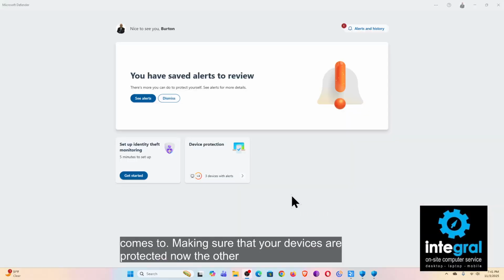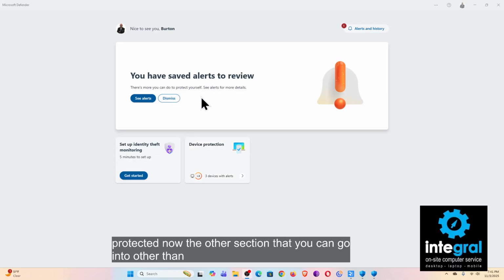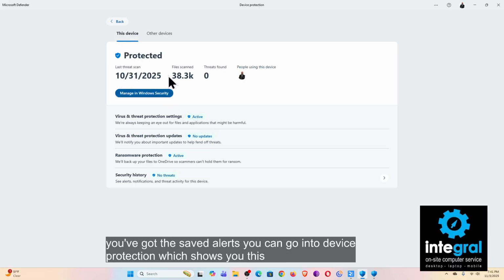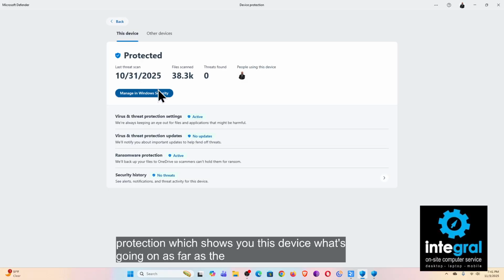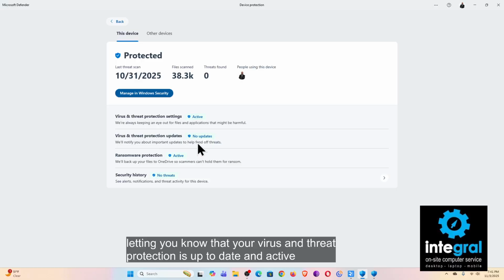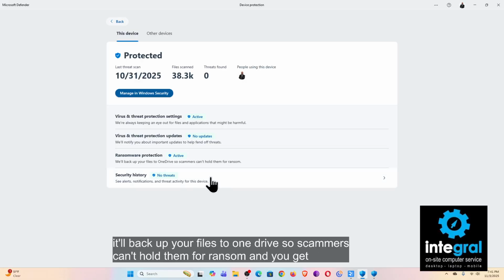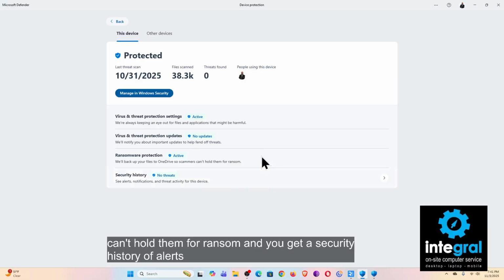Now, the other section that you can go into, other than the saved alerts, is device protection, which shows you what's going on with this device as far as the last threat scan, letting you know that your virus and threat protection is up to date and active. There are virus and threat protection updates, no updates, they'll let you know when it's available. Ransomware protection on this computer is active, so it means it'll back up your files to OneDrive so scammers can't hold them for ransom, and you get a security history of alerts and other things that are going on with